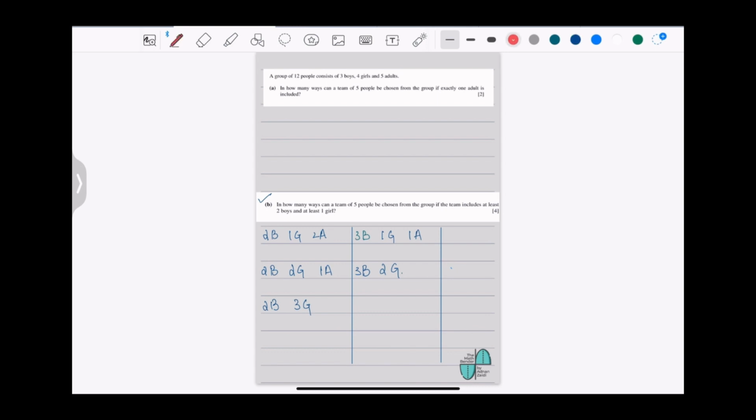So if we are to select two boys, so 3C2 times 4C1 times 5C2, plus 3C2 times 4C2 times 5C1, plus 3C2 times 4C3, plus 3C3 times 4C1 times 5C1, plus 3C3 times